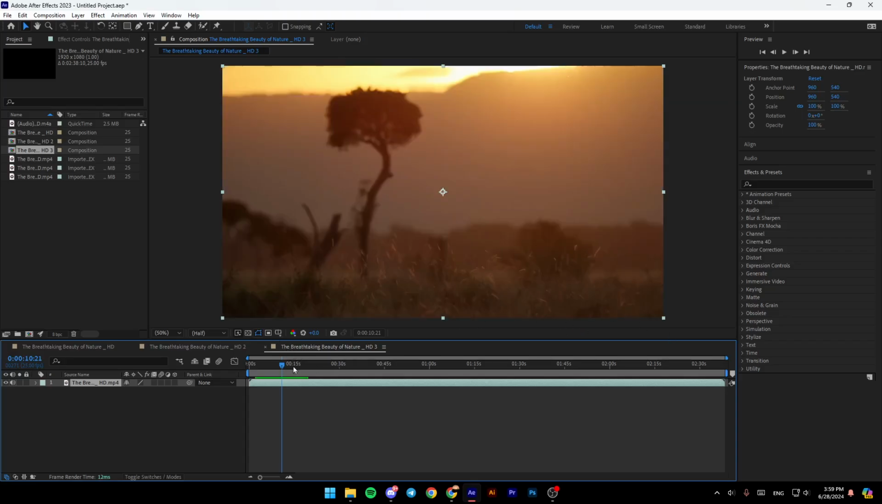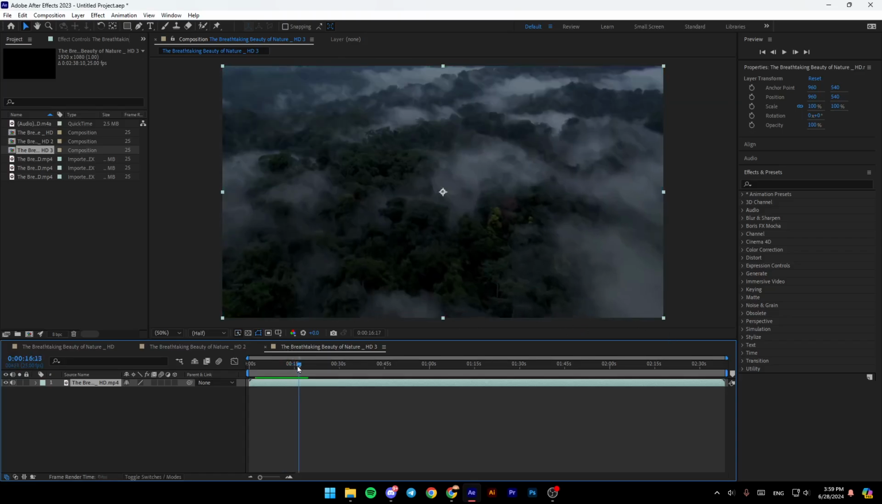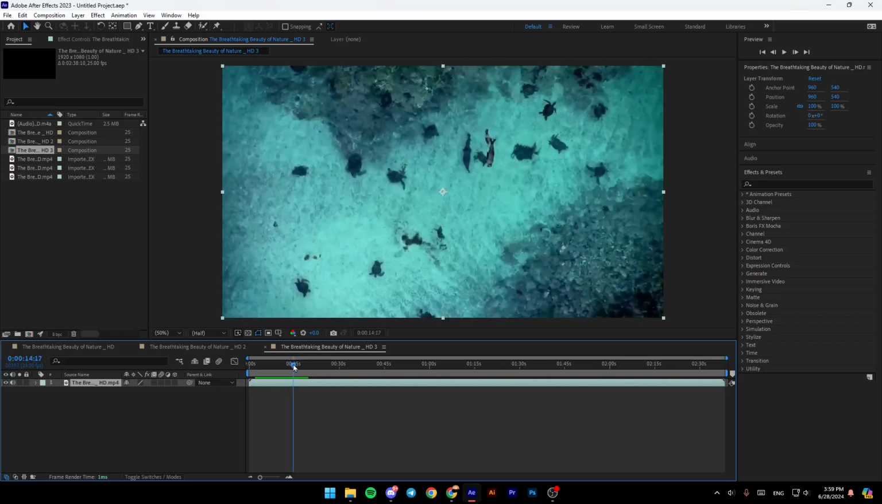So right now, once you add your video, the easiest way to add the fade effect is to go right here to effects and presets. And then once you click on it right here, you're going to find all of these sections, animation presets, 3D channel, audio, blur and sharpen, and so on. You can either choose for the fade or search for the fade effect right here, or you can just go